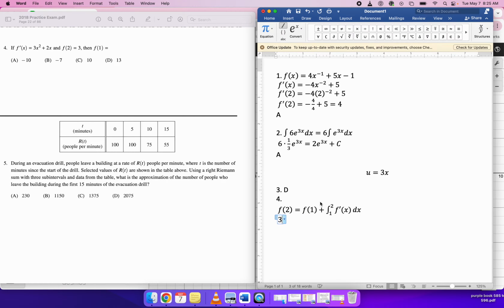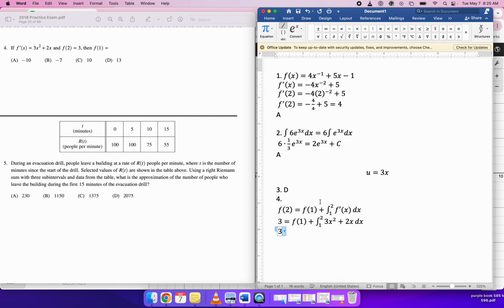Plugging in, that tells us that 3 is equal to f of 1 plus the integral from 1 to 2 of 3x squared plus 2x dx,